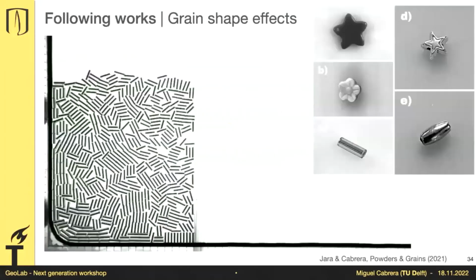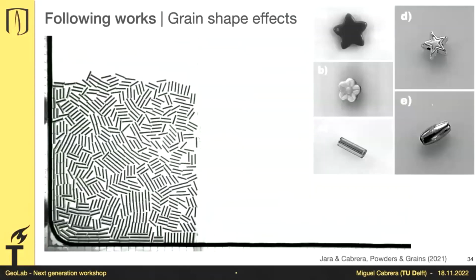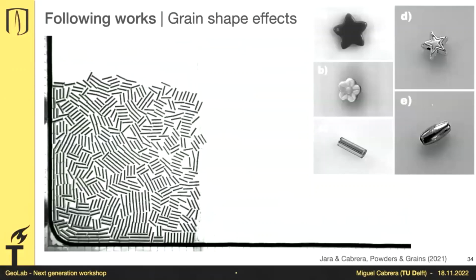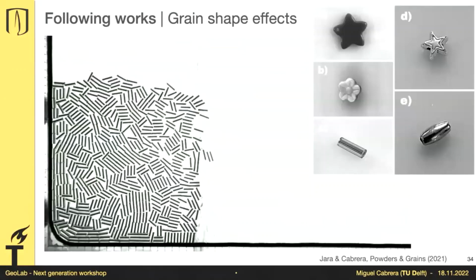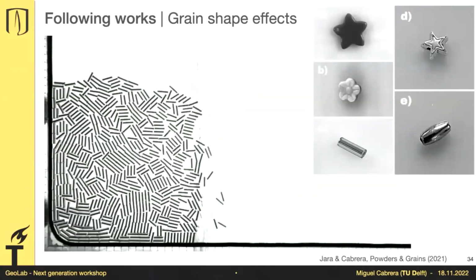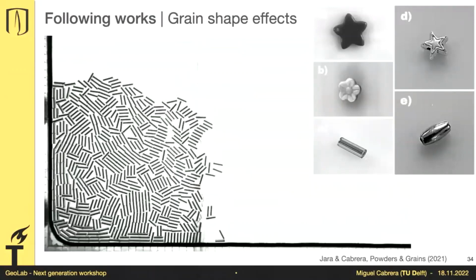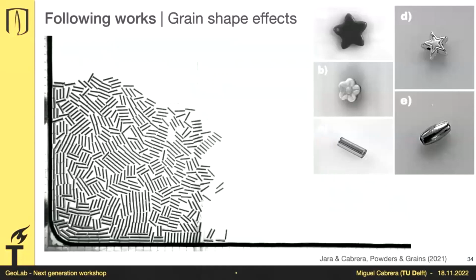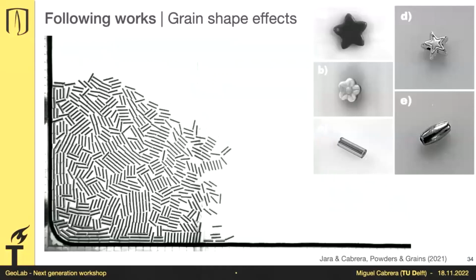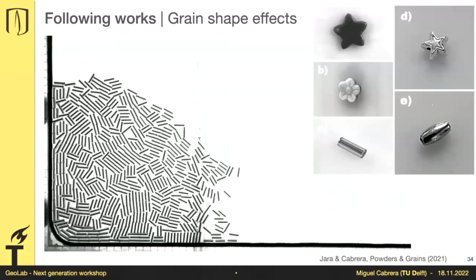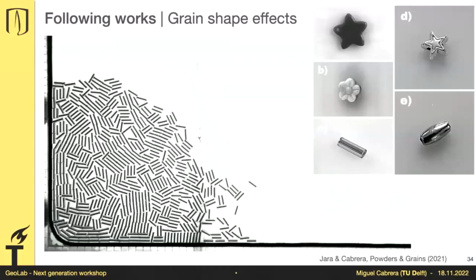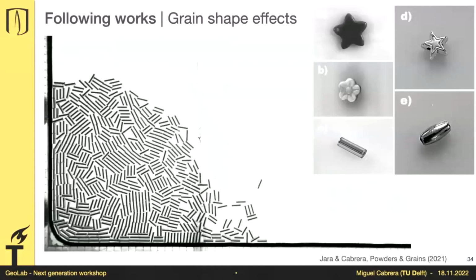Just to give you an idea of other work we've been doing, we started changing the grain shape. By changing the grain shape, we were interested in knowing what happens if you have interlocking between grains and how grains move in a fluid. You have this fluttering effect, like a leaf falling off a tree. That same mechanism happens here just for those grains that are isolated. But when they are moving as a collection of grains, it no longer happens.